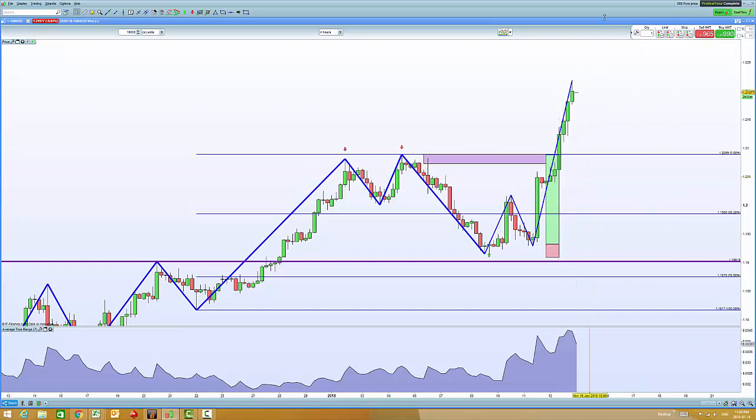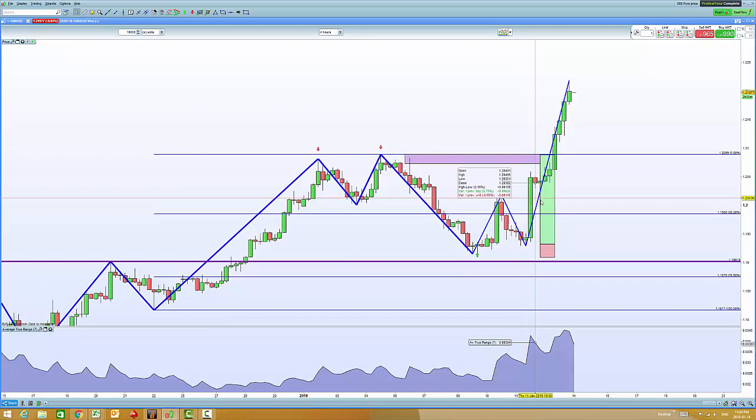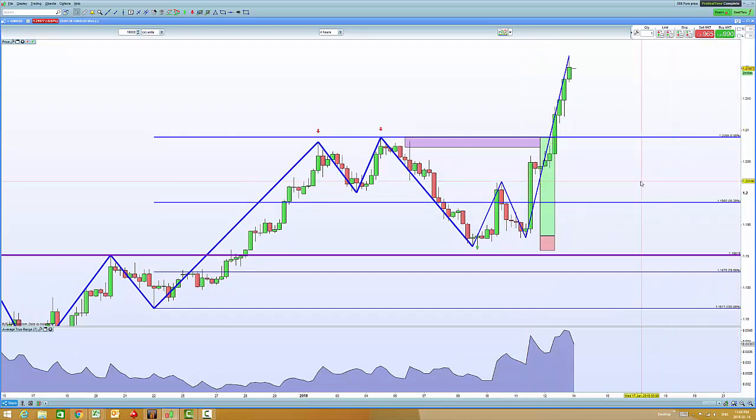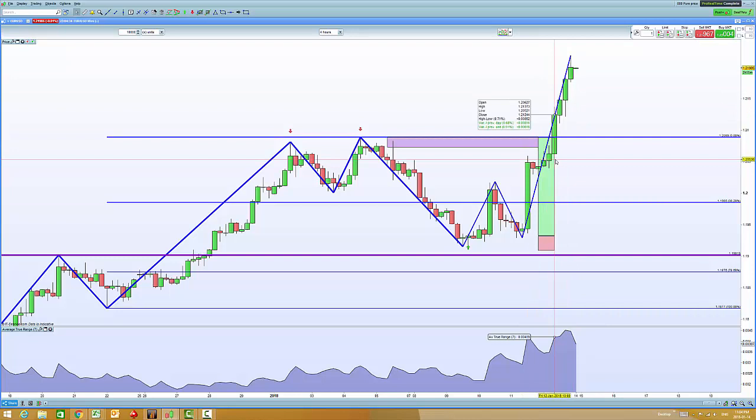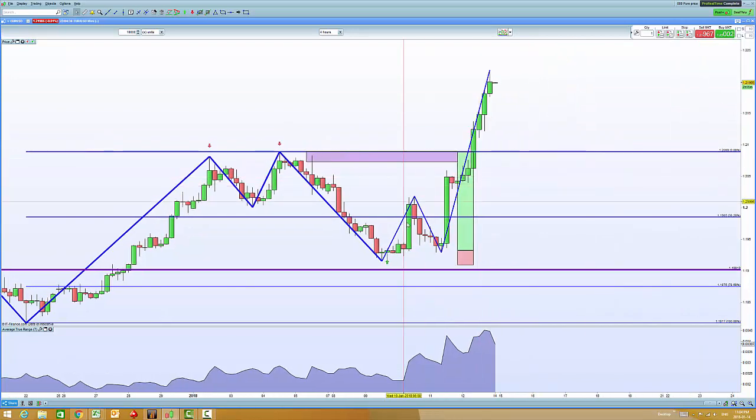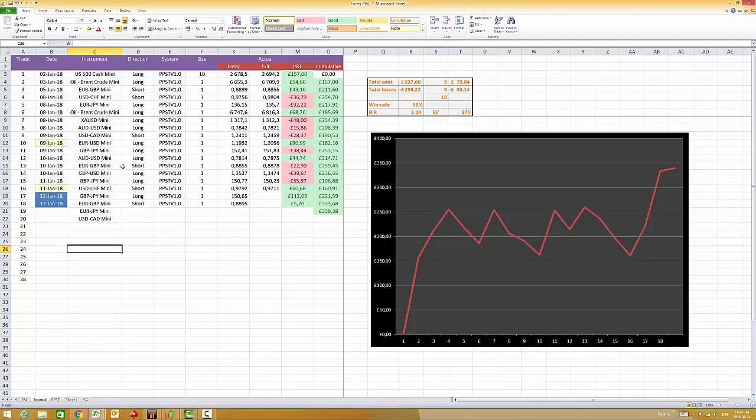In fact, this market is so strong, it's just continuing to push to the upside. In situations like this, yes, you could argue that one could put some kind of a trailing stop on your trade. In our case, for now, we're only trading 1 unit or 1 mini contract of each pair. Once we reach a point further down the road where our bankroll increases, we may consider trading 2 units and maybe letting one of them run with a trailing stop. But at the moment, this is a nice trade. We closed it out. I think we netted something like about £90 on that trade.